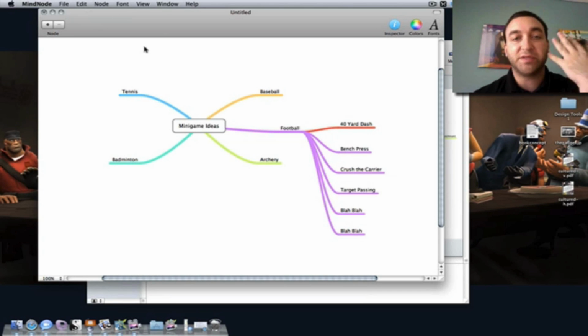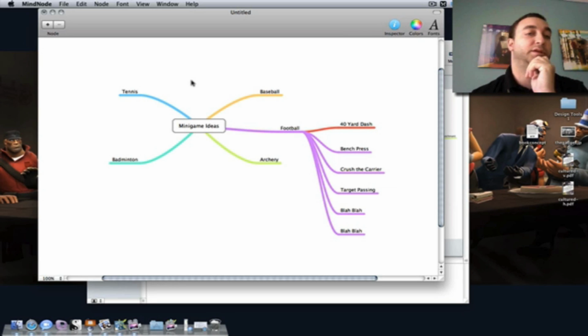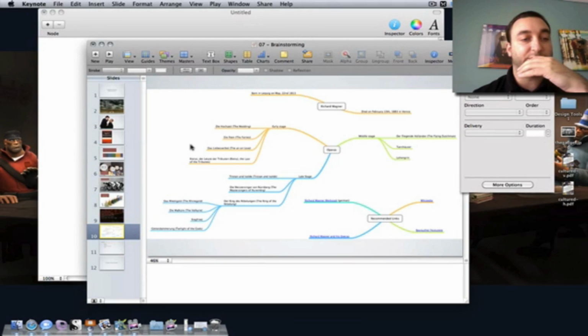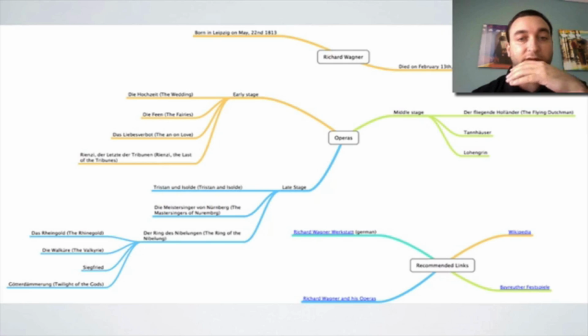You generally can save these as images, or in MindManager for Windows, which is what I use professionally, you can save these as ordered lists. So you can import them to Word files and things like that, or you can save them as pictures. But those help with brainstorming, and they may help if you're going to be doing brainstorms in teams here in the program. You might want to think about using that because it's a pretty good way of